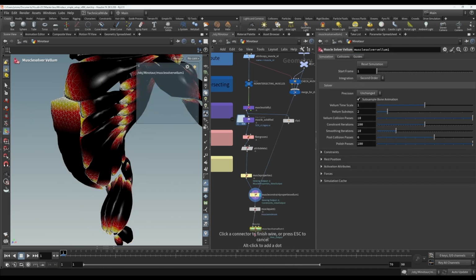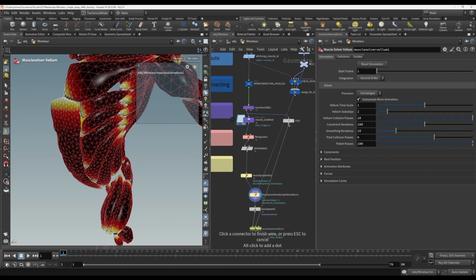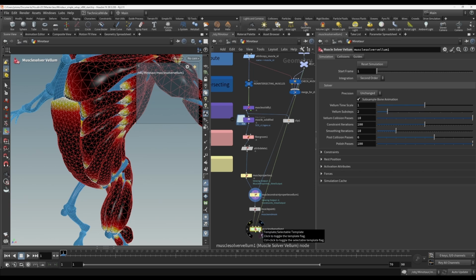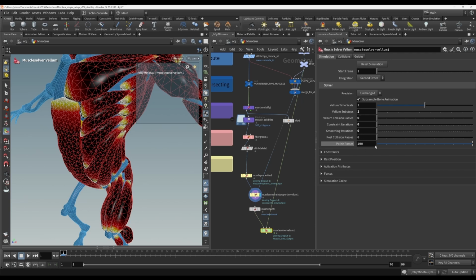I'm going to connect the muscles into the first input, and I want my bones in the second input. In this case, I've used the rest bones. Usually you will use animated bones, but because I'm not actually going to do a simulation here, I'm just going to use it to display the constraints that are created. It's fine to use the rest bones. And also because I'm just doing it for the visualization, I'm just turning off all of these to their lowest values so that it's not going to take too long to cook. Okay, so